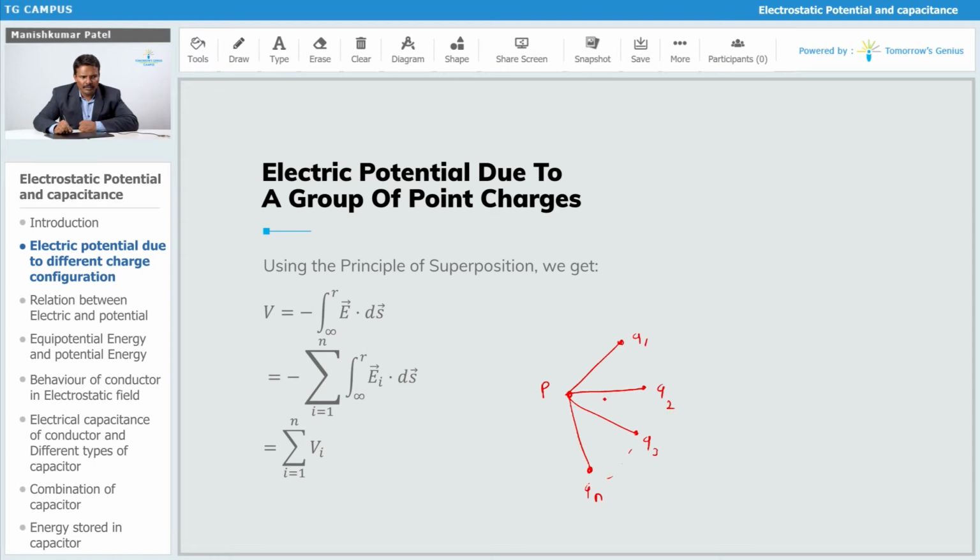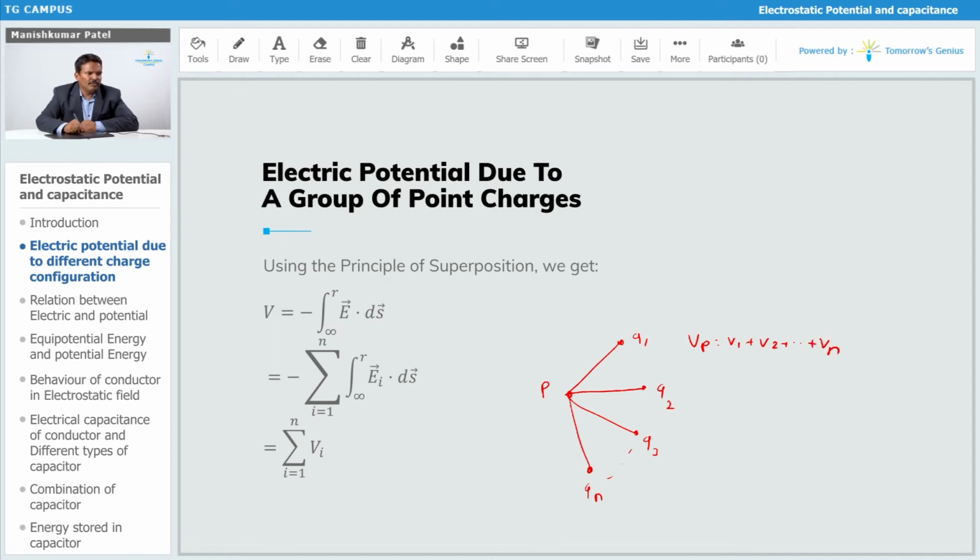to calculate the potential. The most important thing over here is that potential is obviously a scalar quantity. Again, you can use the principle of superposition to find the total potential. You can just find the potential due to each individual charge, and then finally add all the potentials, which will give the value of the total potential. So that is the same, you can write it down as V1 plus V2 up to Vn.